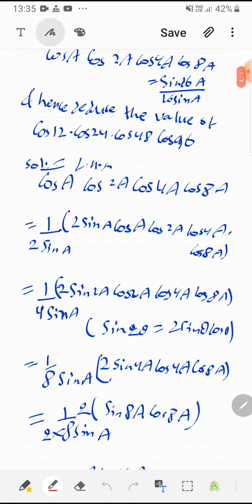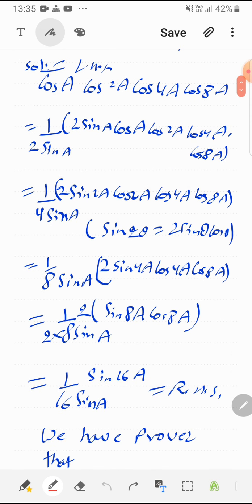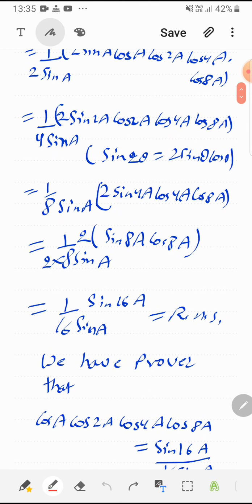So let us start from the left hand side. Let us multiply and divide this by 2 sin A. As we know that 2 sin A cos A is sin 2A, we will write this as sin 2A, and further we will divide this by 2. So it is 2 sin 2A cos 2A, which is sin 4A now. Again divide by 2, so it is 2 sin 4A cos 4A. It becomes sin 8A. And finally one more multiplication and division by 2 will make it sin 16A over 16 sin A. The formula used is only one, which is sin 2 theta is equal to 2 sin theta cos theta.